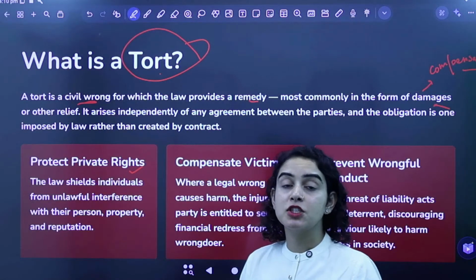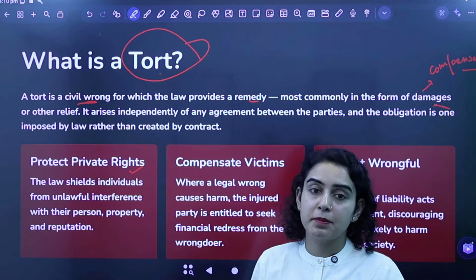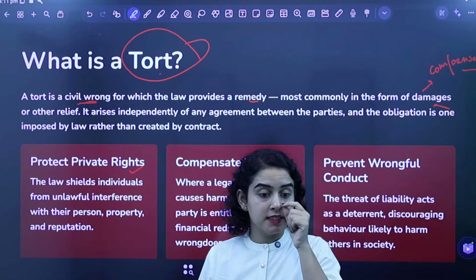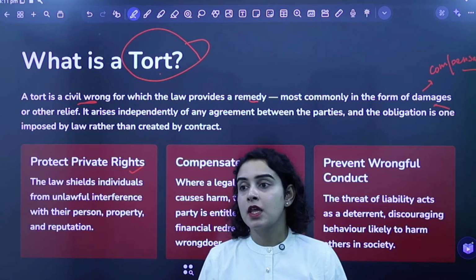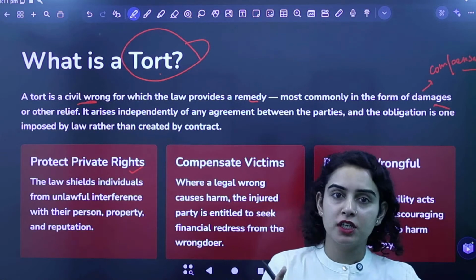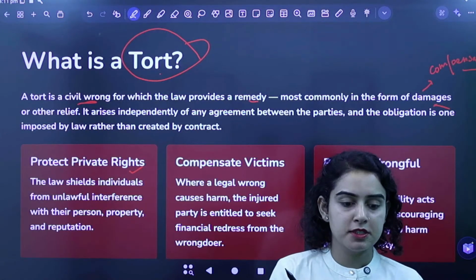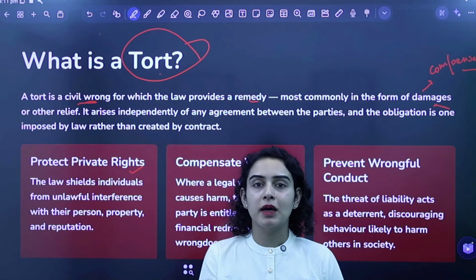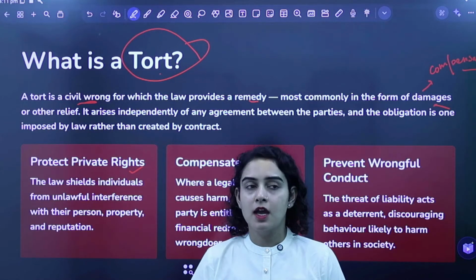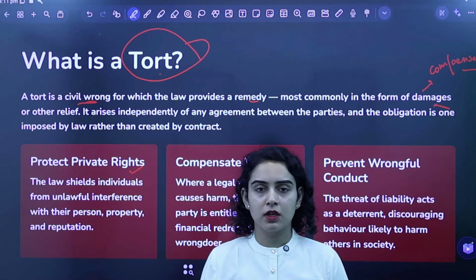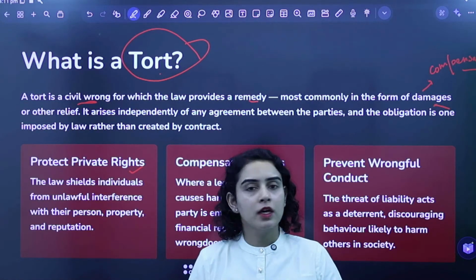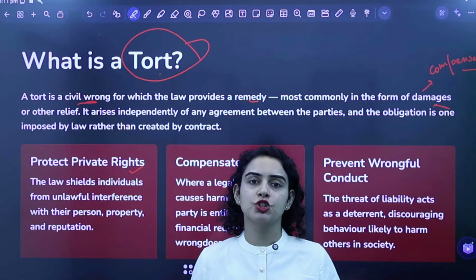Unliquidated means something which is not decided already, which is not pre-decided. ठीक है? Unliquidated means something which is not pre-decided, which is not prefixed. जैसे if there is a contract में usually it is mentioned, there is a clause कि अगर दोनों parties में से कोई चीज को नहीं मानती है, कोई भी conditions fulfill नहीं करती है, then this is going to be the consequences. The other party who is not obeying to the conditions might have to pay this much money to the other party. Now, in law of torts, there is no such condition.